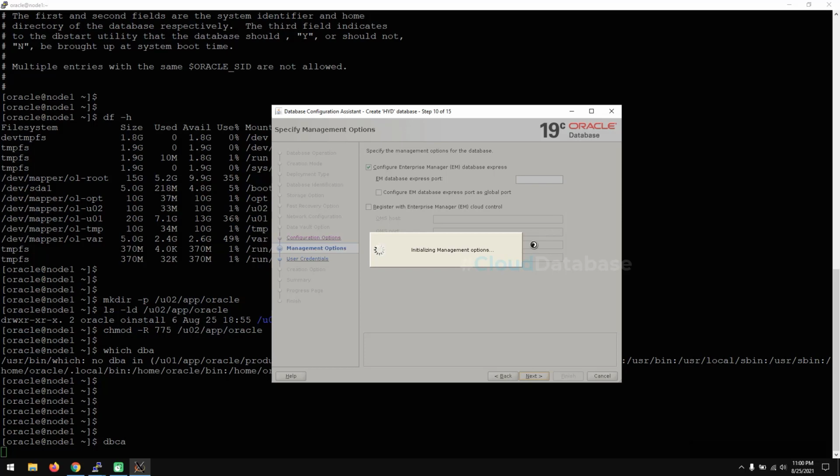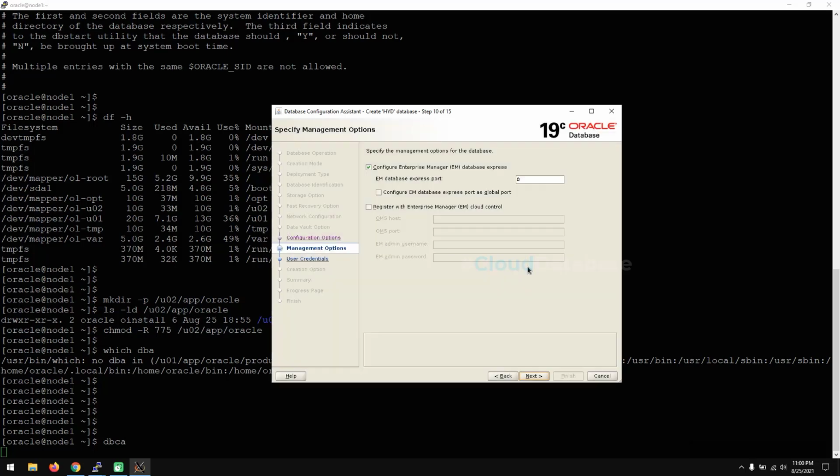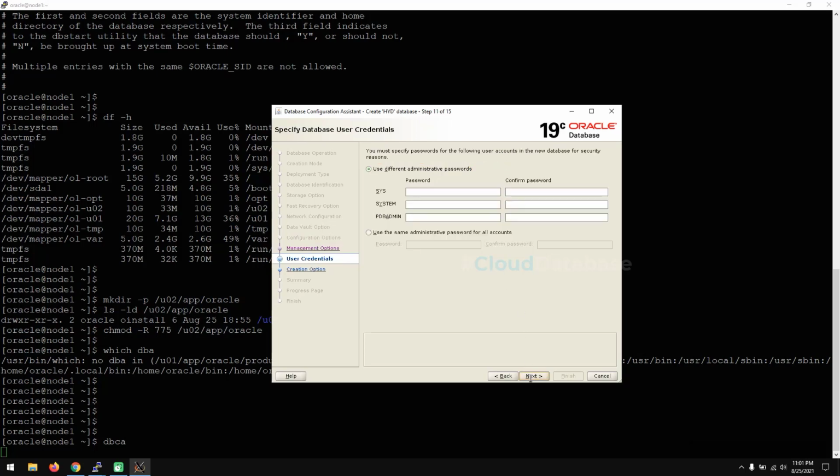The next step is moving on, taking some configuration steps, so it might take a few seconds. Okay, it's done. I'm unchecking Enterprise Manager Express, and I'm clicking next again. I'm using the password for SYSTEM and PDBADMIN. Why PDBADMIN? The pluggable database also has a PDB1 admin, which is called PDBADMIN for short, but SYS and SYSTEM will work.